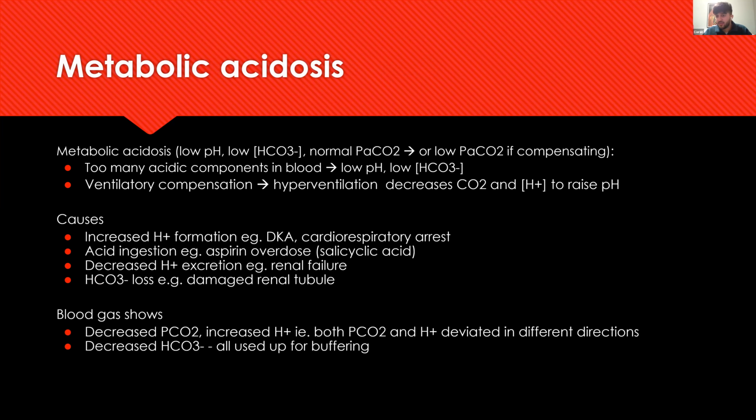it's due to increased proton formation, for example in diabetic ketoacidosis. Patients may ingest acid, for example in an aspirin overdose. There may be decreased proton excretion, for example in renal failure, where the alpha intercalated cells aren't working as well. And it could also be due to bicarbonate loss, where we have damaged renal tubules, in which bicarbonate is being filtered at the glomeruli, but it's not being reabsorbed. In terms of what the blood gas will show,